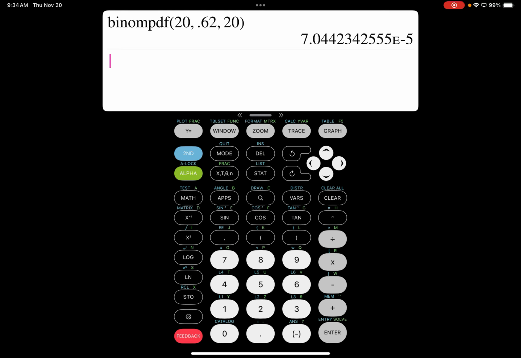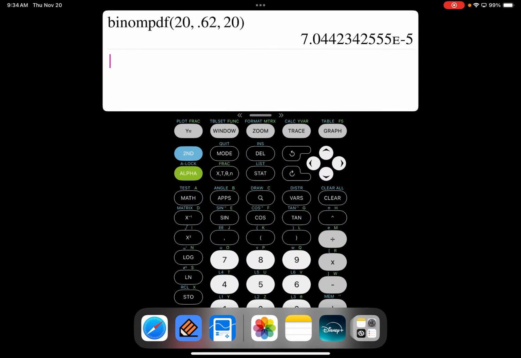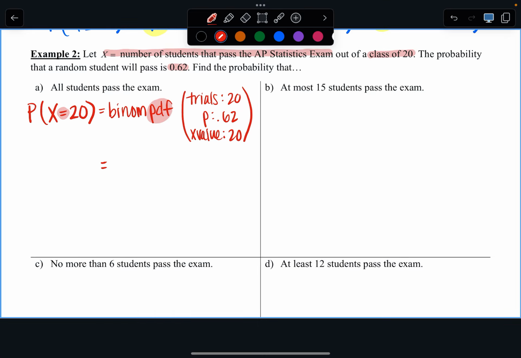Your probabilities have to be between 0 and 1. So if I see that I have a probability of 7, it cannot be a whole number. So immediately I go in and I look at the very end, and you should hopefully notice that it's going to have something like e to the negative whatever. That is how many times you have to move the decimal to the left. So when I write my answer, it's actually going to be